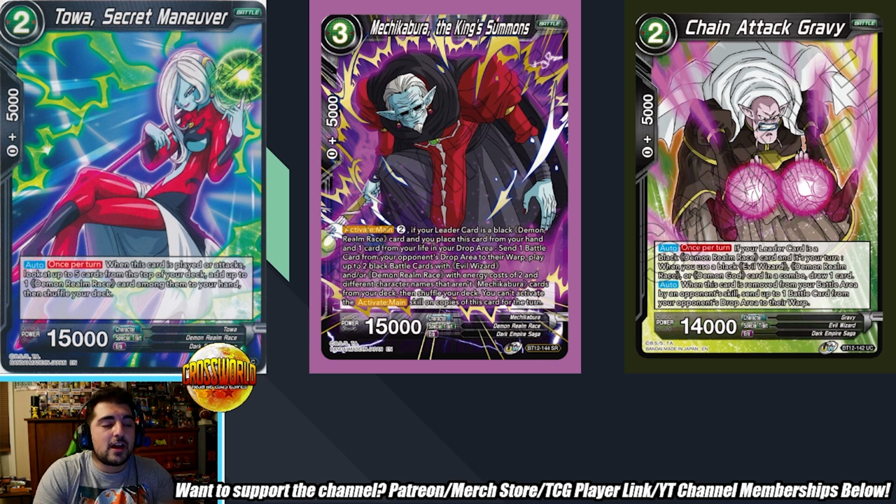In my opinion, it's a very, very powerful play you're able to do with this, and I'll explain right now. So, activate main, pay 2 of any color. If your leader is a black Demon Realm race, and you place this card from your hand and 1 card in your life in the drop area,